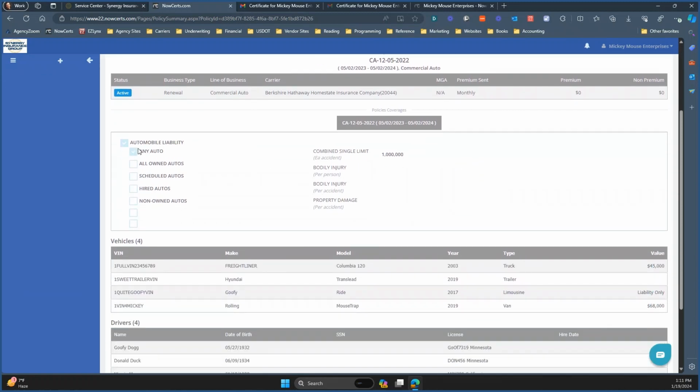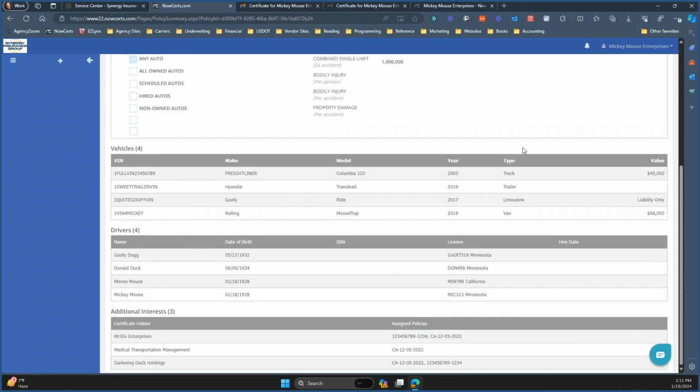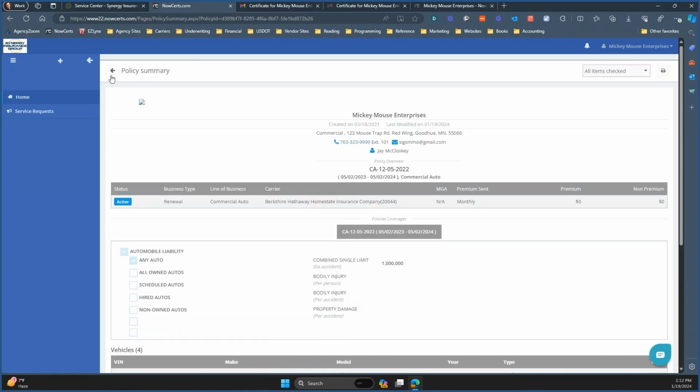Scrolling down, you can see what coverages are selected. In this case, we have auto liability, any auto, with a combined single limit of $1 million. You can see the vehicles assigned to the policy. You can see the drivers and any additional interests, which is primarily additional insureds, but can include other types of interest as well, and what policies are assigned to those additional interests. Going back,